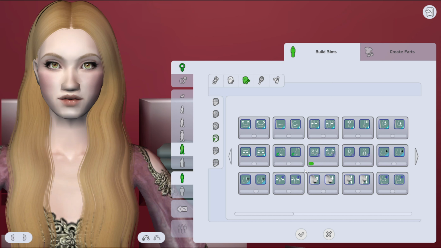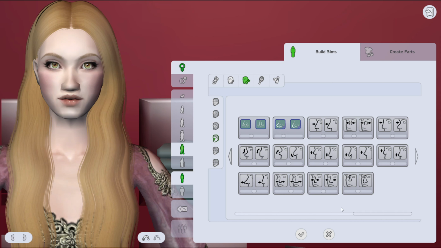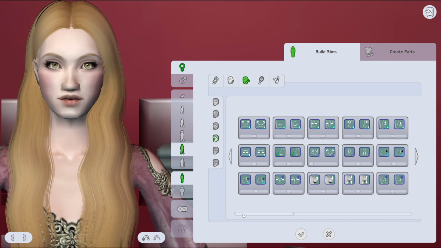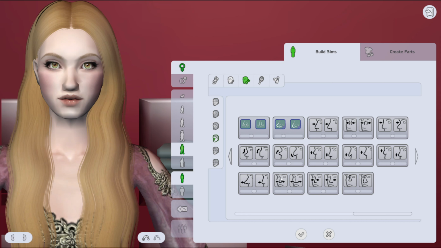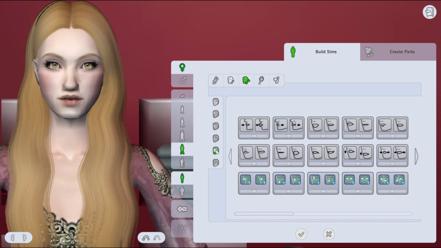I struggled with her nose a lot, though. It didn't help that the one that I started with just wasn't right, and then the skin tone that I used was great for everything else except the nose. So I had to go and actually change the base nose that I was working with. It got a little bit better, but she's got a little bumpy nose, and there's not really a slider that can do the bumpy where I wanted it to be. So I did my best. The eyes also are not right, but I already had given up on that, I think. Eyebrows look great. And the mouth, I got the mouth, for sure.